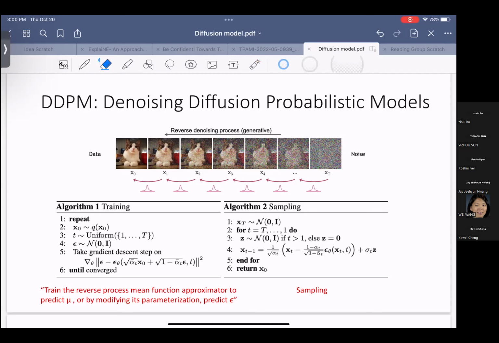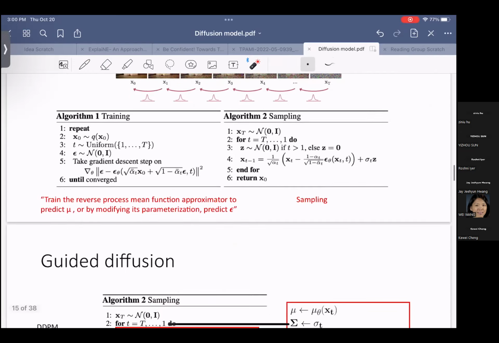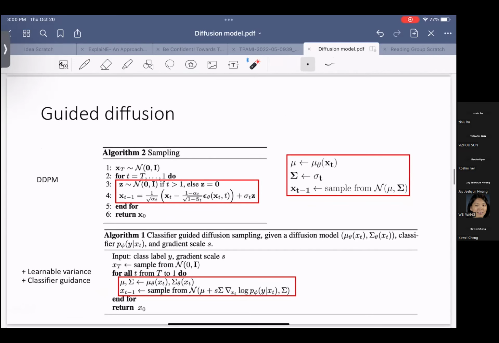And then algorithm 2 corresponds to the sampling stage. If you want to generate a new image from noise, you can just start from here, generate the noise using your neural network, and add it on top of the existing noise. So if we look at what's going on here, this DDPM model is what's called unguided in